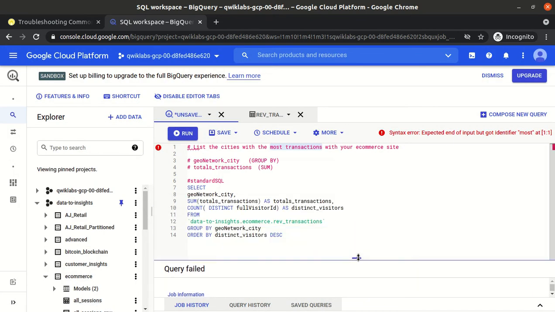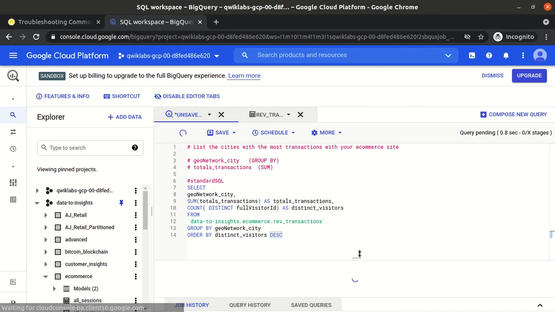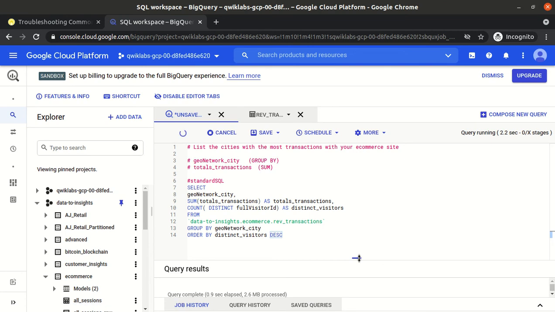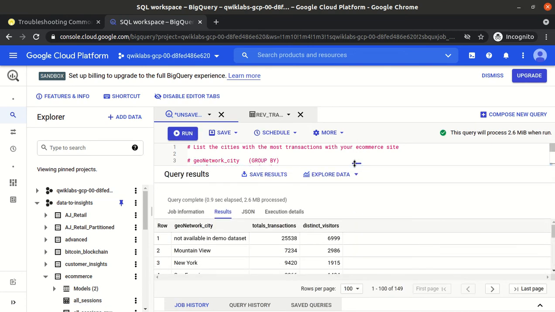But why is the query wrong here? Yeah, the query is correct only. The output is the same. In the last query, I ordered by total transaction, but they ordered by distinct visitor, so that's why Mountain View came on top.